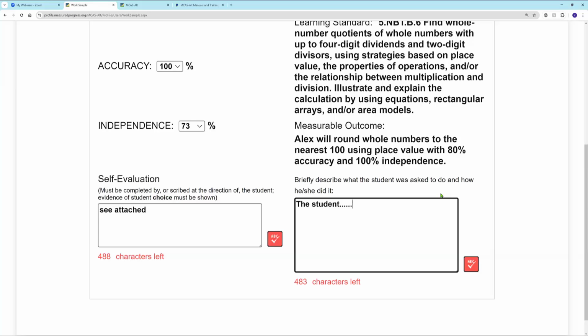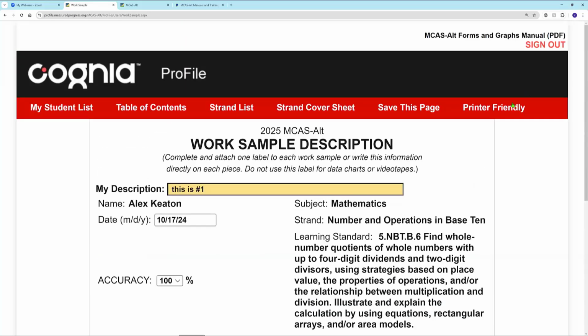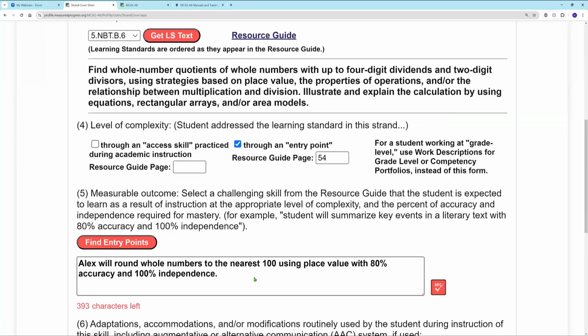There, and that's really it. And then you can, again, print this independently and attach it to the evidence, and then that all combines together to form a complete strand with their cover page, skill survey, and data chart, and at least 2 pieces of evidence. So let's go back to the strand cover sheet, and I will show you that field data chart